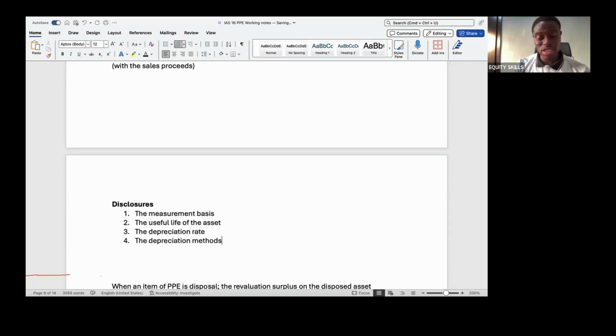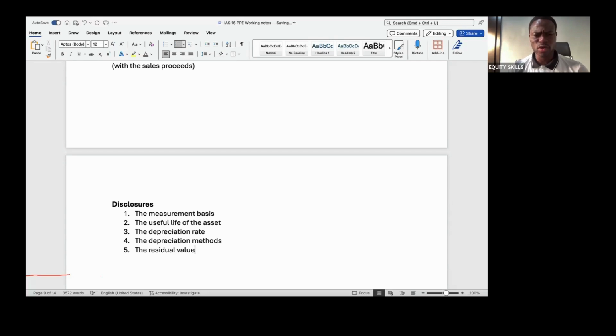You need to tell us, are you using straight line or are you using reducing balance? You don't tell us, there's no way we can know. You also need to tell us the residual value of the asset, because there's no way we would know whether a residual value exists or not if you are not actually telling us. And you need to do a reconciliation